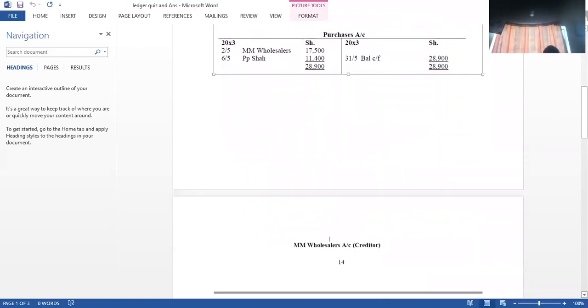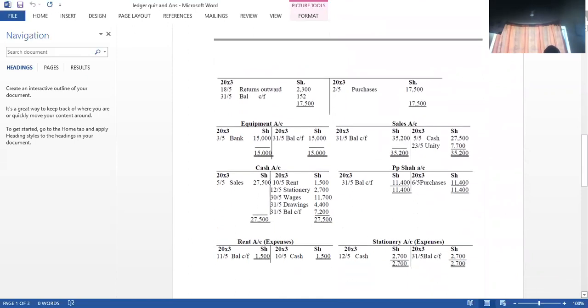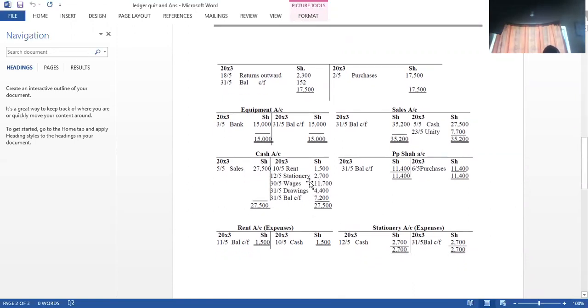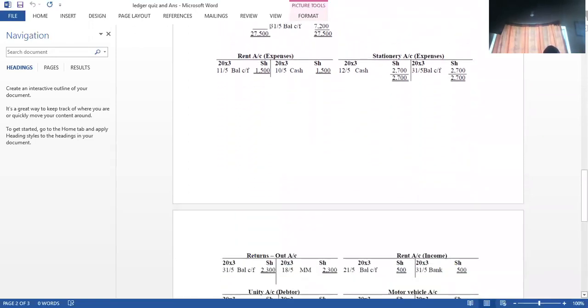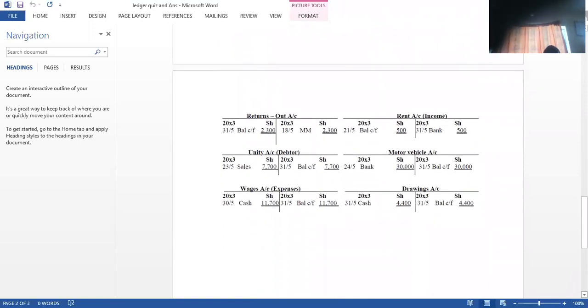Cash account, which is actually here, because it is reducing, it is credited by 11,700. It is reducing as a result of wages. Then we need to proceed and open the wages account because we have not had any wages being paid. You find it is here. It is debited. Anytime an expense is paid, you open that expense account and you debit like that. Then the last transaction,